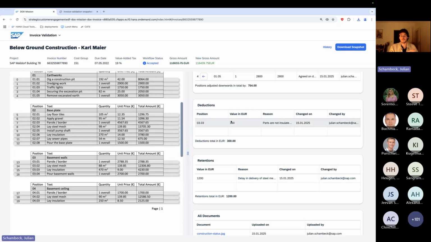And this would be the point in time where it now needs to flow into SIM or S4 so that the payment is triggered and the invoice is really completed. Because at this point in time, really nothing has happened yet for the invoice to be paid. Okay,